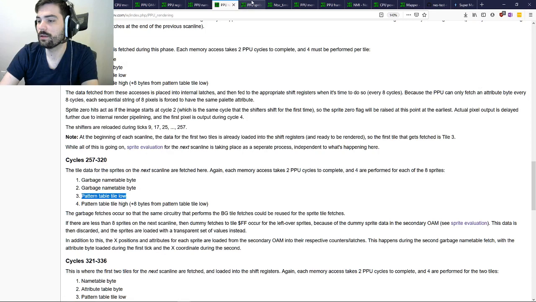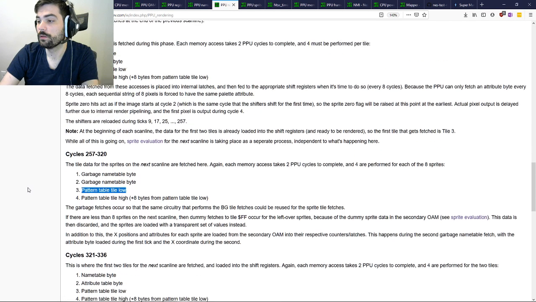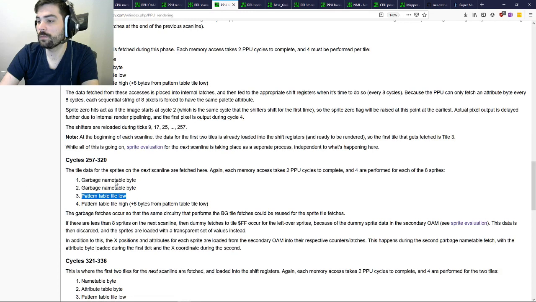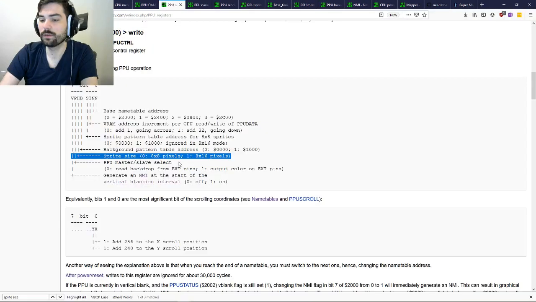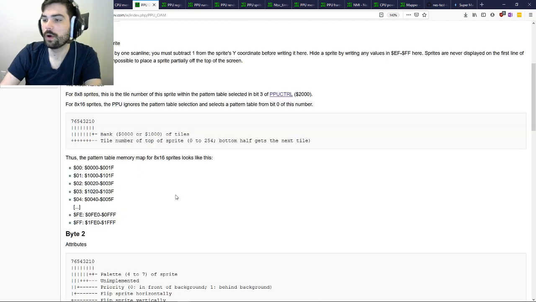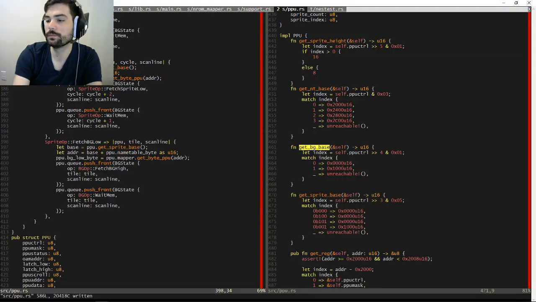And you get, instead of fetching it from the name table, you fetch it from the sprite data, which is going to be around somewhere. Okay, byte 0 is the Y position, byte 1 is the tile index number. So,